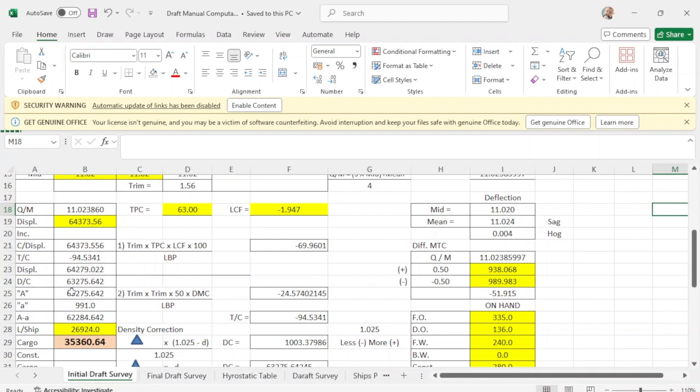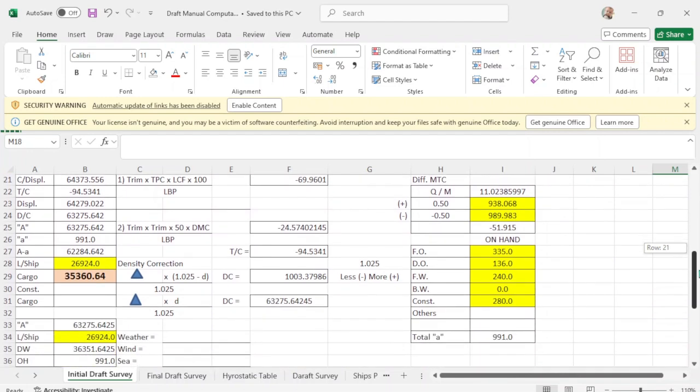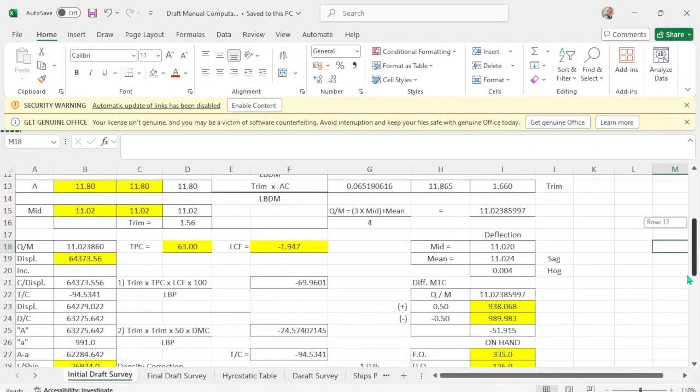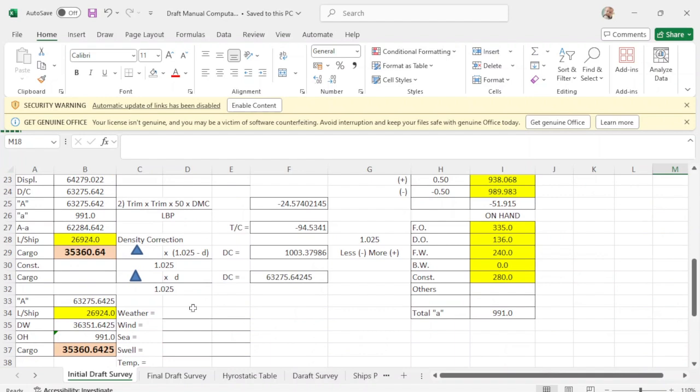Then you will apply your density correction. Okay, density correction is this one. There are two kinds: displacement times 1.025 minus your local density of 1.09 over 1.025, or displacement times your local density of 1.09 over 1.025.